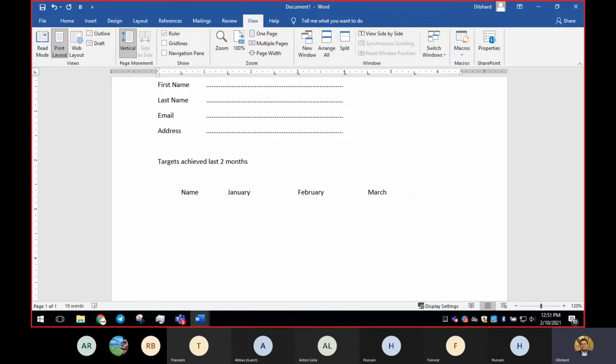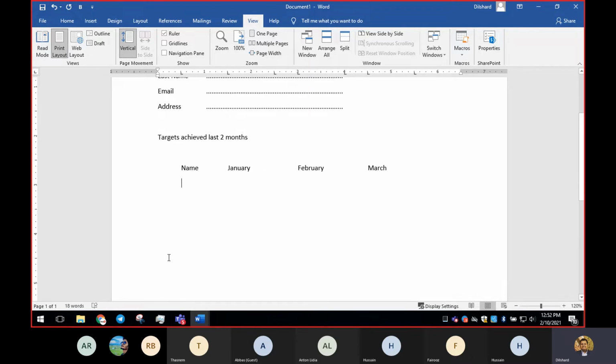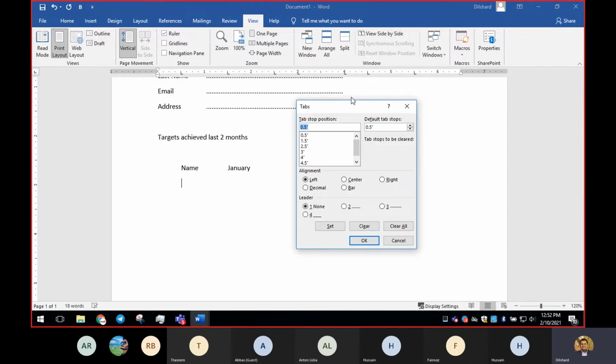After completely finalizing the first row, I'm going to press tab and keep my cursor in the second row, or else if you need more space after this, press tab to finish March and press enter. Then press tab. You have to type name and you will generate some dot lines. Before we start typing data into the second row, you have to finalize your tab settings. So I'm going to double click and open this.